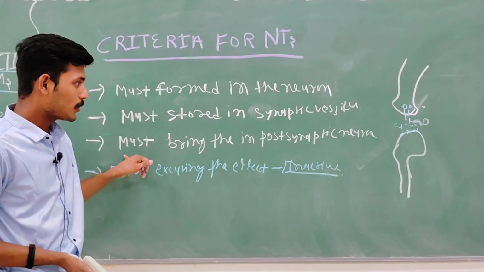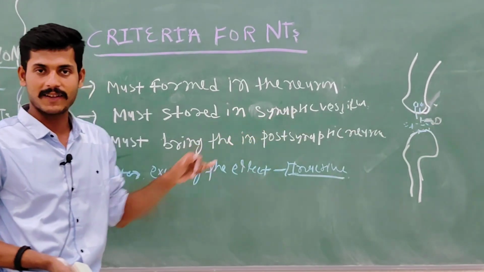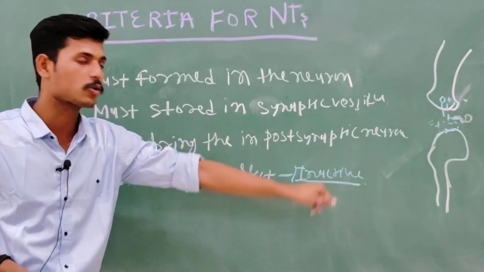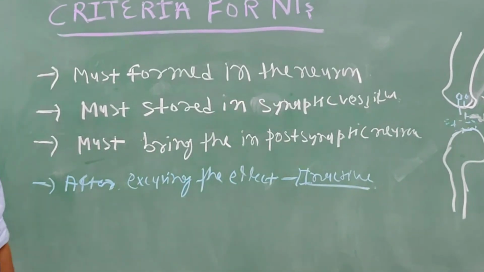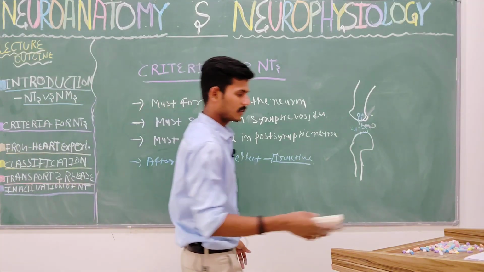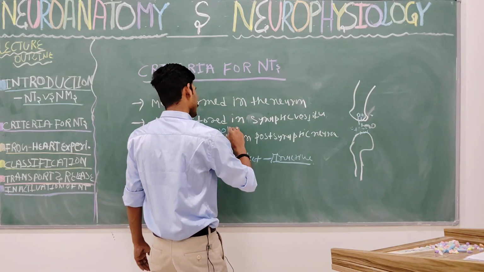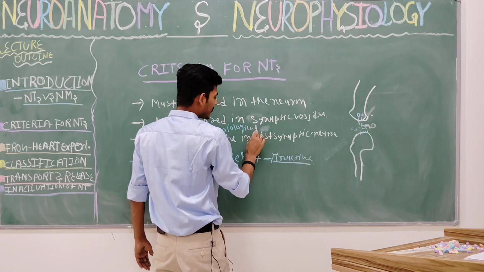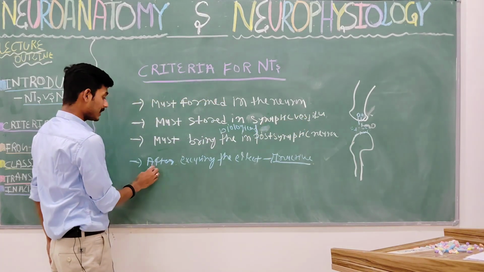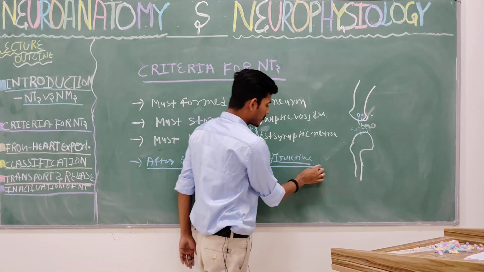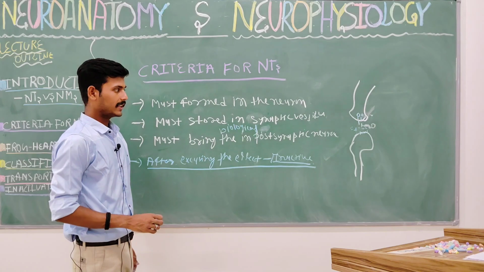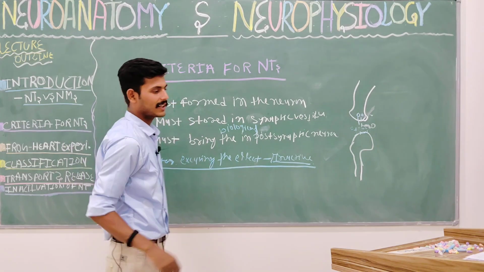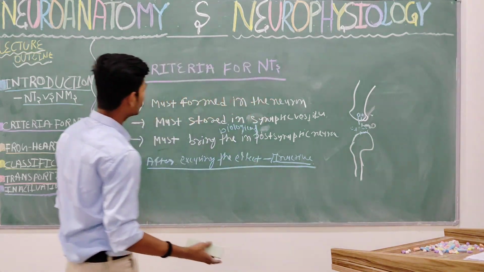When it is released from these synaptic vesicles, it must bring some biological change in the postsynaptic neuron. The last thing is when their duty is over, they must become inactive. So these are the four criteria by which we can make one kind